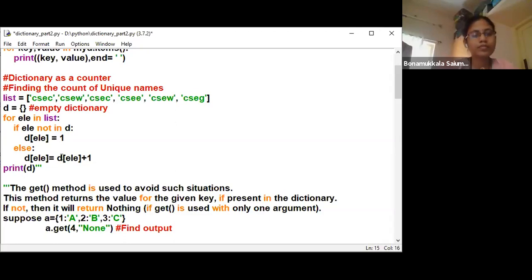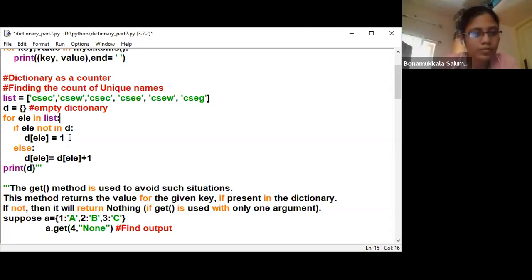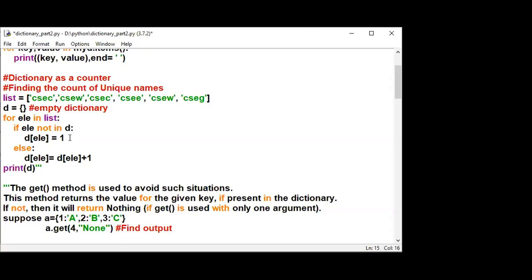Then we have written an if condition here, and else is there. Element is not in the dictionary. Actually, the dictionary is empty only, right? So if the element is not in the dictionary, what is the meaning of this statement? That element is the key and the corresponding value you are setting it to 1.